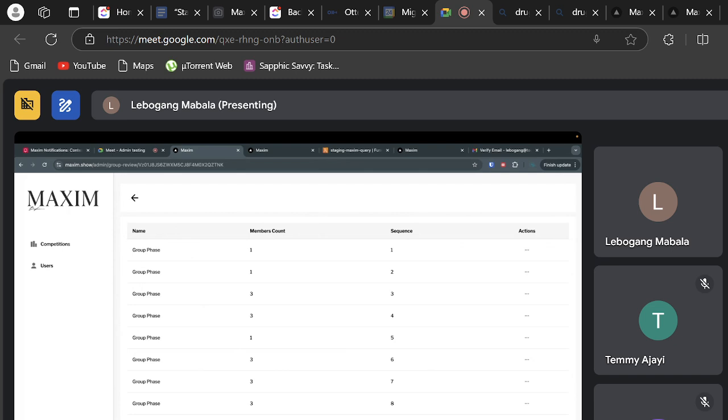So the winner of each group is gonna move to the next round. The winners, because it depends on how many. Winner or winners are gonna move to the next round, not to the next group. They can stay in the same group, but they will move to the next round.